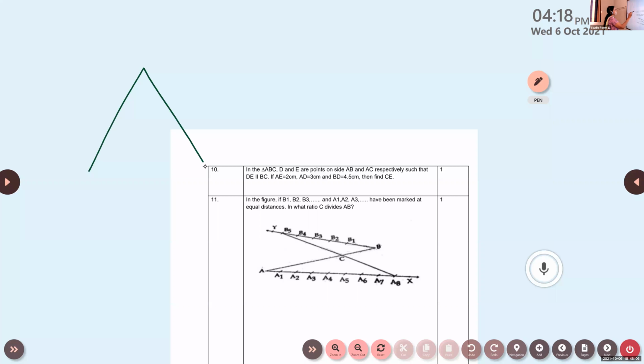How will you solve this? Okay. So we draw the figure. Then